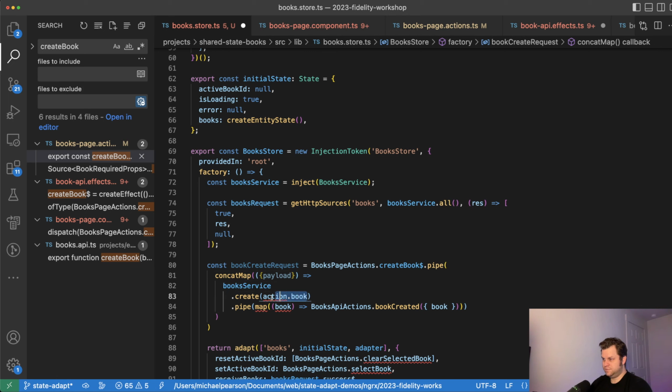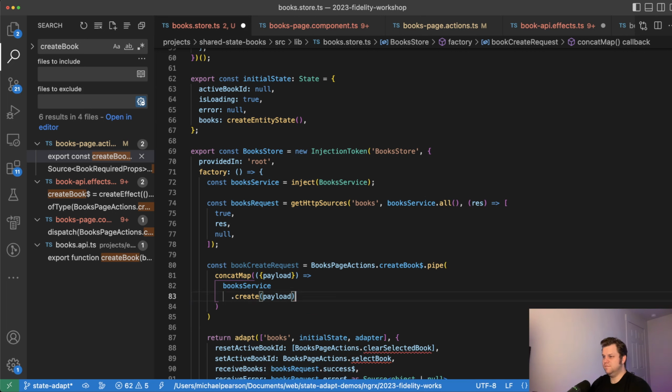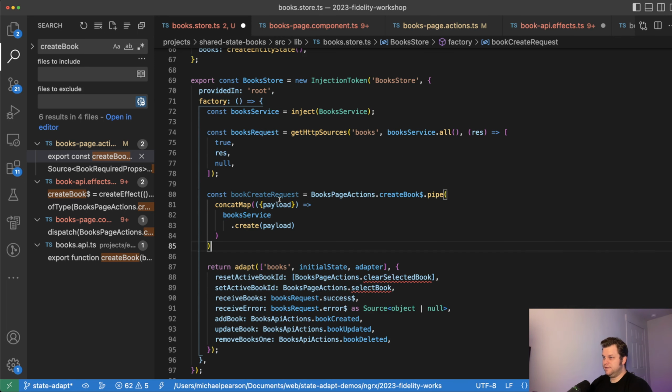And that will just be the payload. Yeah, just returns the exact payload I want. Okay. Book create request. Okay, that's what. Oh, I need to